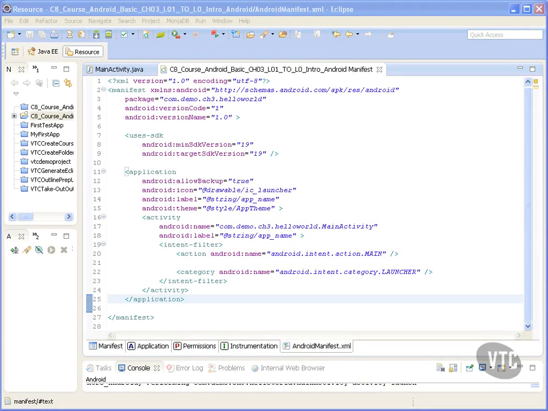In this video, we will introduce Hello World AndroidManifest.xml. The AndroidManifest.xml file contains information about your package, including components of the application such as activities, services, content providers,